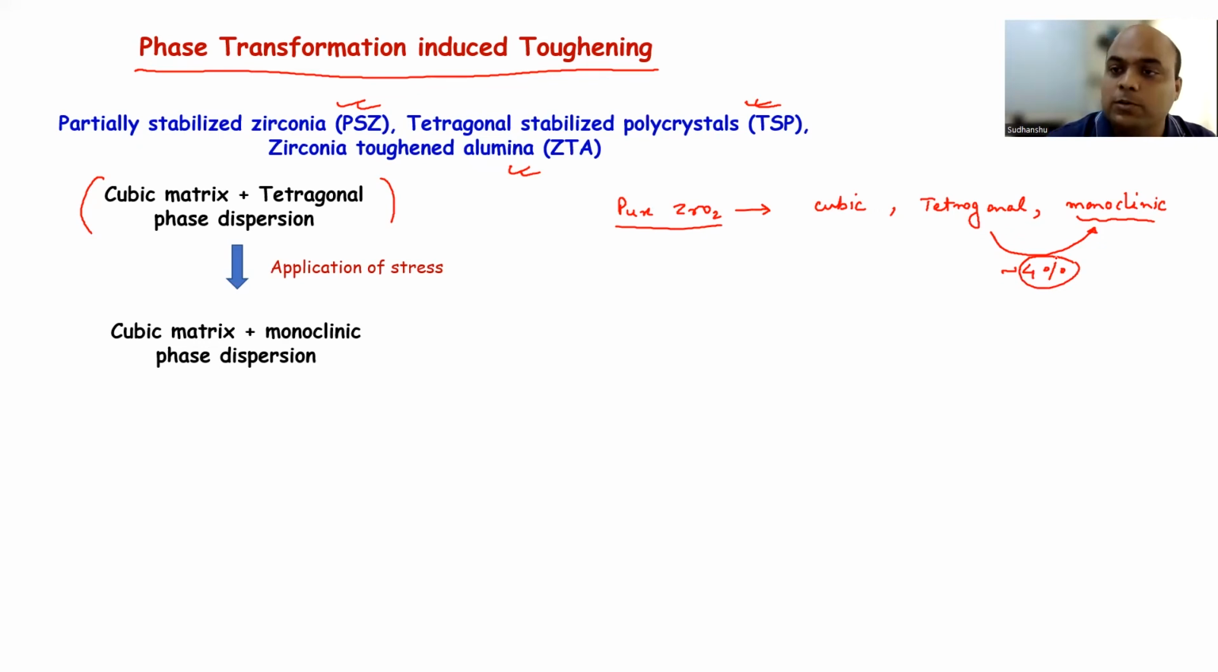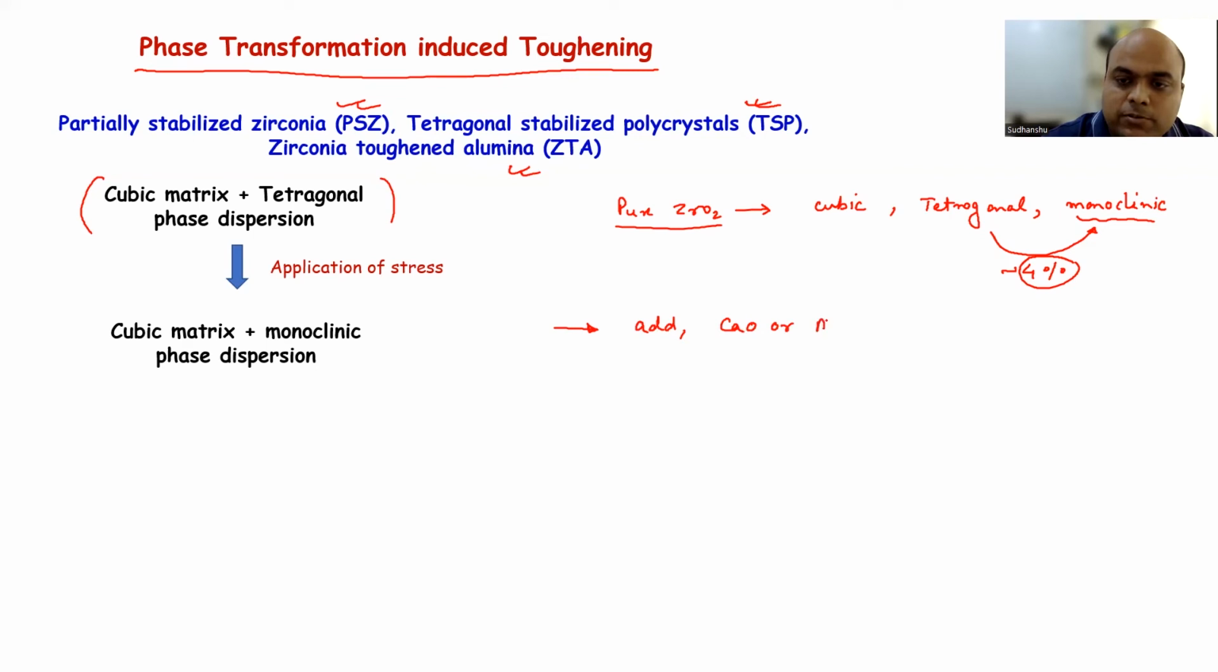Okay, and therefore, making pure zirconia is also not very easy. Because of this dilation, there will be cracking. So you cannot actually make pure zirconia. That means pure zirconia is going to have very, very low toughness, right? So what we can do, we can add